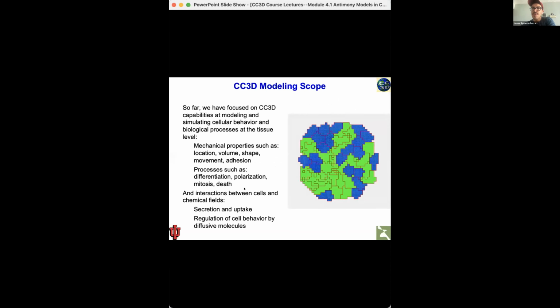So far, we've focused on the capabilities of CompuCell of simulating processes that occur at the tissue level. These mostly pertain to the processes that involve the mechanical properties of cells, such as where they are located, how much of the space they occupy, what shape they have, whether they move or not, whether they stick to each other,